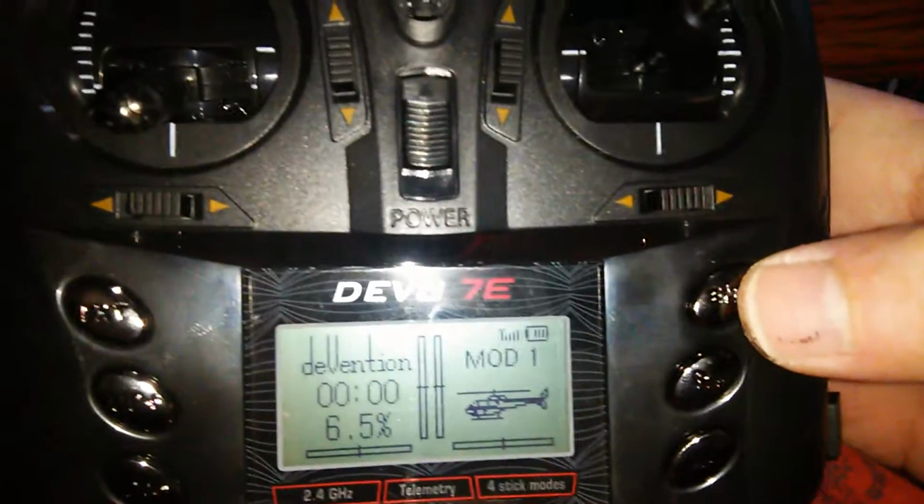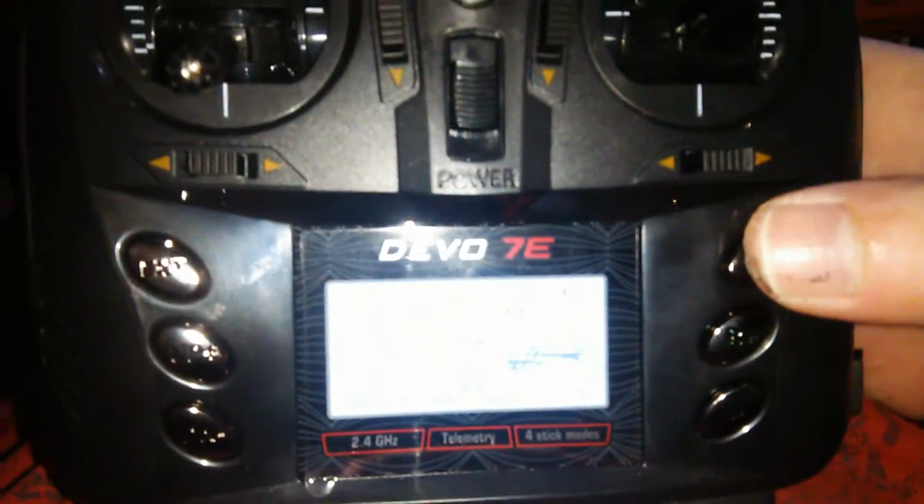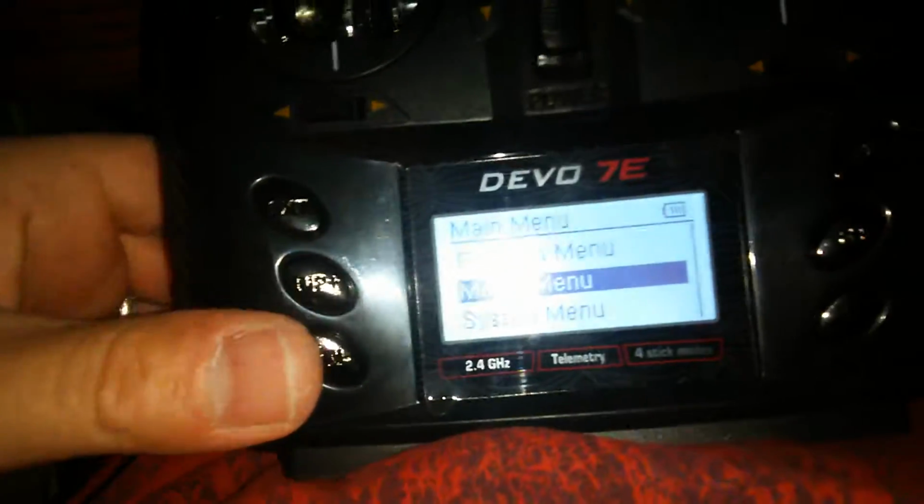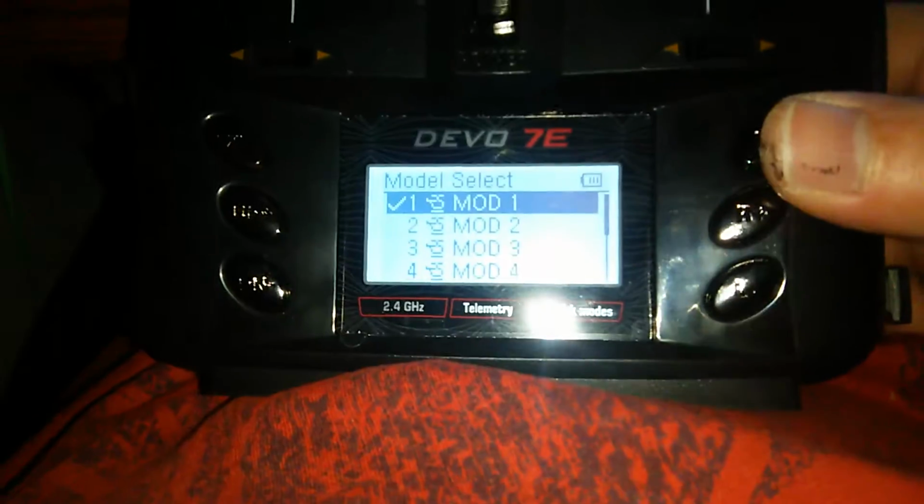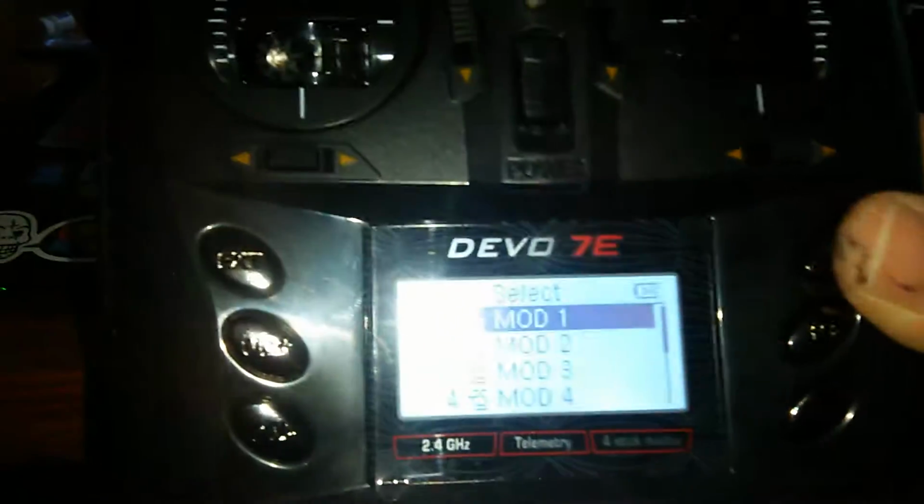Now what Frequent Flyer did: hit enter, go down to model menu, enter model select, and now when I get here, Frequent Flyer says hit enter. Yeah, I'm hitting enter. It's that black stuff. Wow, it's from the landing gear of my JJRC H22. Anyway, it's supposed to go to load, and then switch it to heli, to multi-rotor, and I cannot get there.